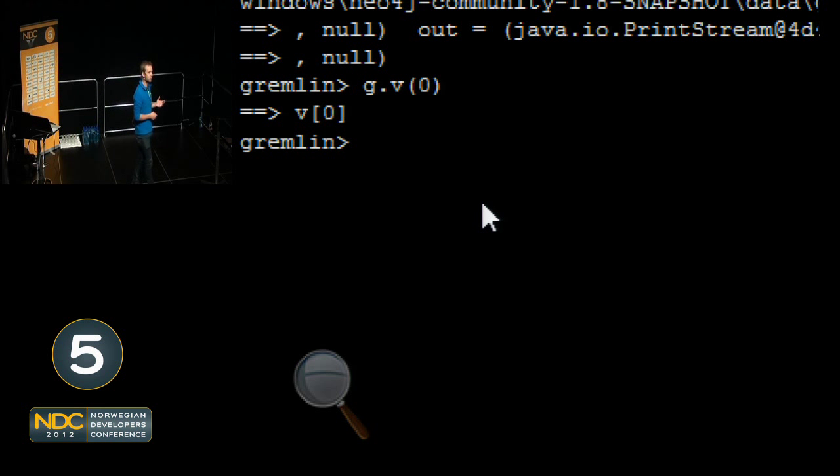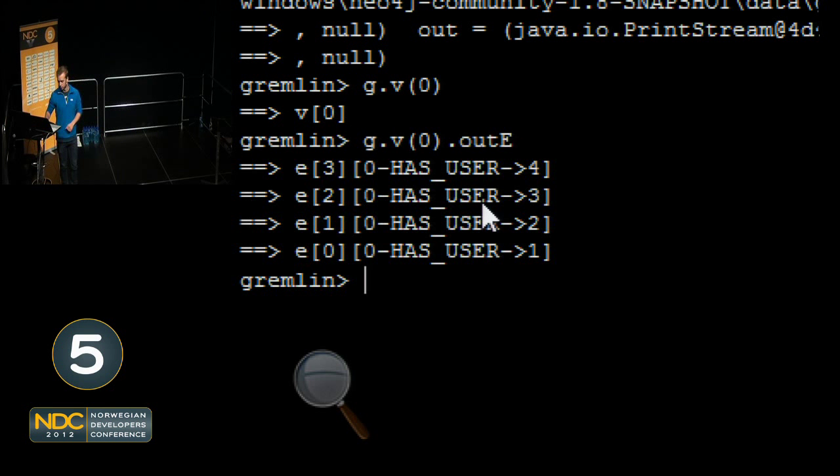The wonderful thing about the graph world is that it's quite academic. It depends who you stumble across. So in some places we call them nodes and relationships. In the academic world, they call them vertexes and edges. Nodes are vertexes, relationships are edges. Same thing. So here I've got vertex 0,